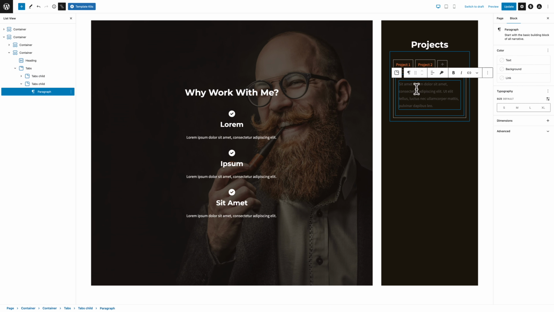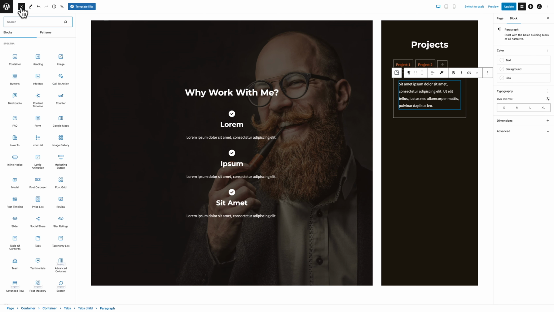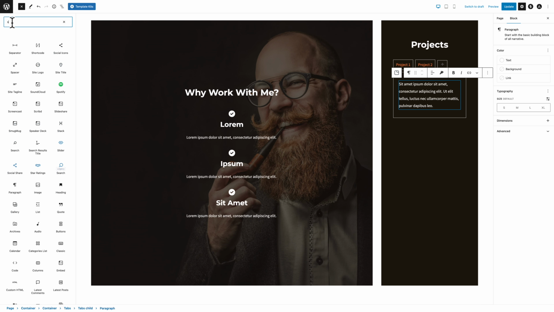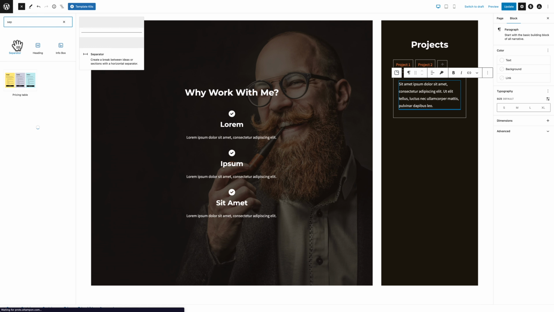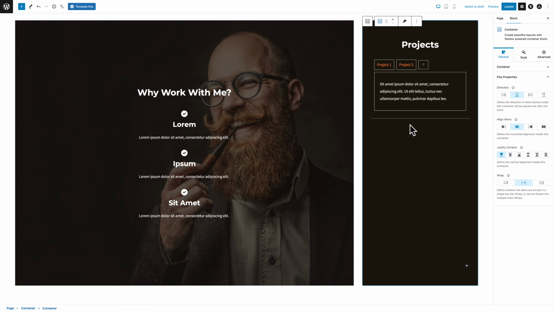So let's make some changes. With the text selected here, I can change the color and let's set it to white. Great, next let's click on the plus sign to add a new widget. This time I'm going to start typing separator and I'm just going to drag and drop it just below our